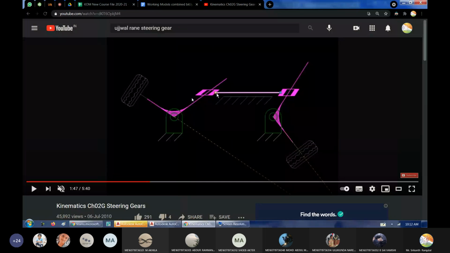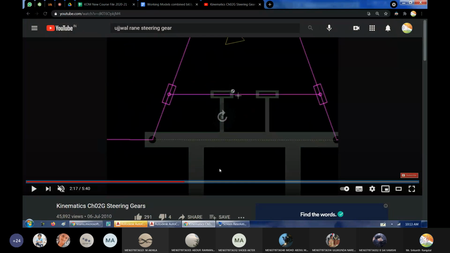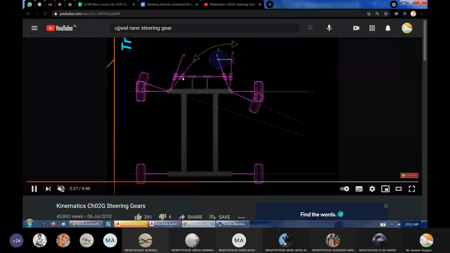This side we have a slider, and that slider is attached to a straight link. That straight link is again sliding parallel to the line joining the two pivot points. The line that is joining the two sliders is sliding parallel to the line joining the two pivot points. That is how this Davis steering mechanism works. Here you can see it moving. The slider is sliding on this line, and the line joining the two sliders is sliding on this horizontal line.